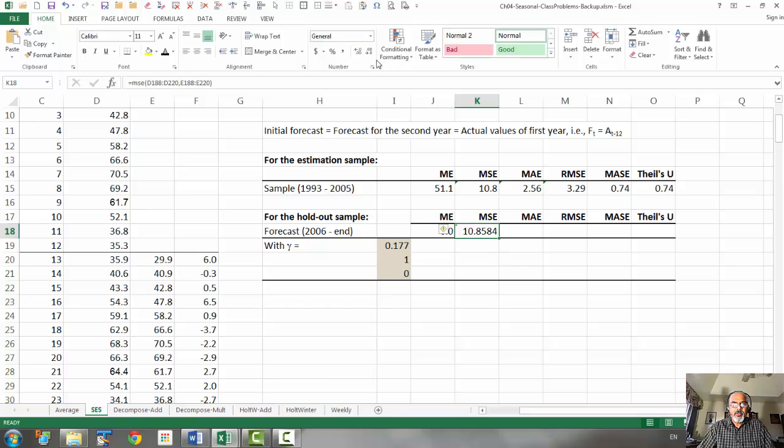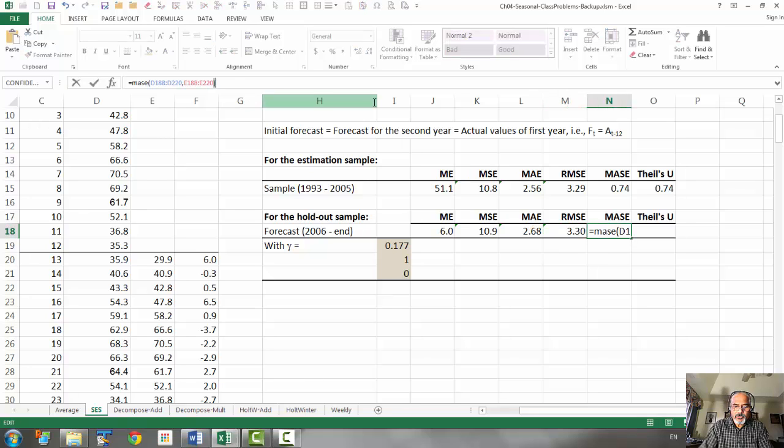Now use the same range. And instead of MSE, we'll have MAE and RMSE. So that's our MAE and RMSE. Now with the same range for MASE, this is our actual set of values. This is our forecast. Now we have to give the naive forecast range, which is the actual values but one